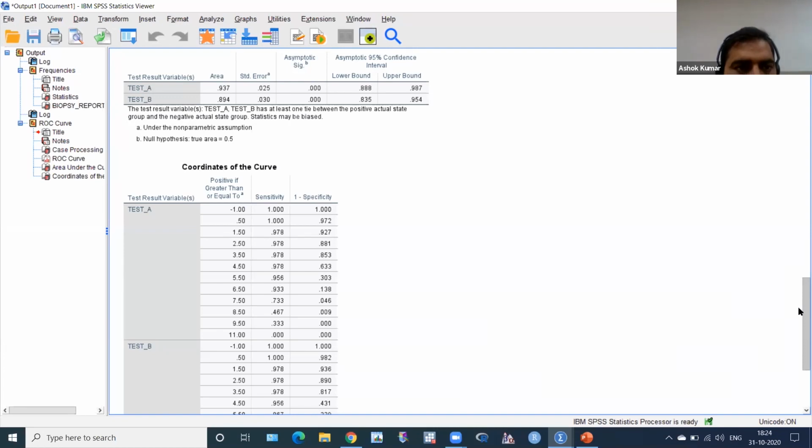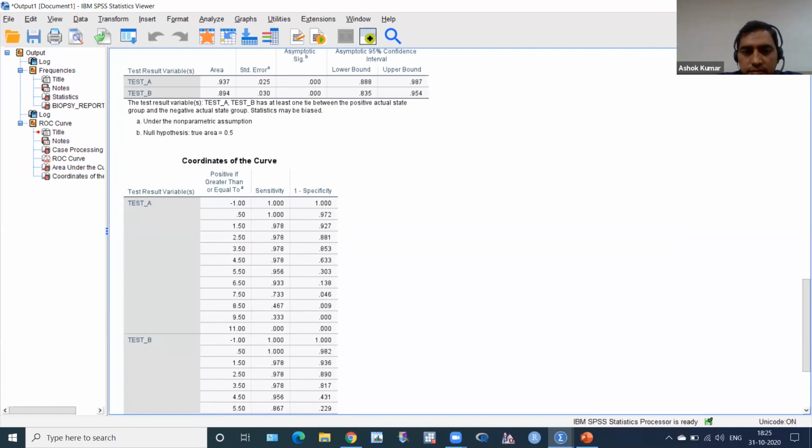I want to show how to give codes to numerical values, how to make a box plot, pie chart, and bar graph in SPSS, because of the lacuna of this SPSS software that we cannot get the 95% confidence interval of sensitivity and specificity, negative predictive value, and positive predictive value.